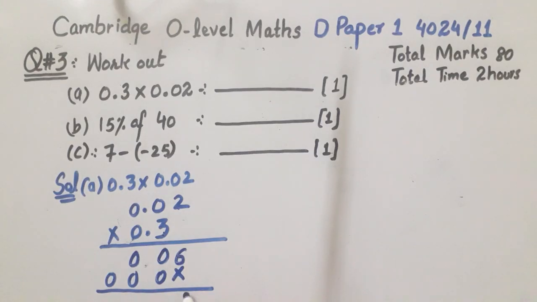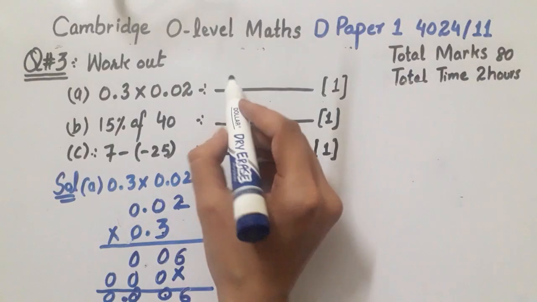Now you will write 6, 0, 0 and 0. Now you count from the right hand side how many numbers are after the decimal. So total are 1, 2 and 3. So you will place the decimal after 3 digits from the right hand side. So your answer is